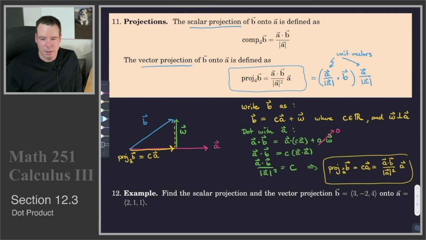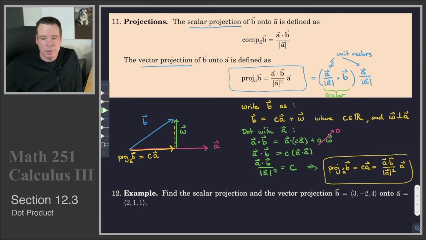So we normalize A, and then we take the dot product of B with the unit vector in the direction of A and multiply that to the unit vector in the direction of A. So this becomes our scalar. This is essentially going to be the length of the part of B that's in the direction of A. Now I don't really want to call it the length, because what if it was negative? So this is a scalar,